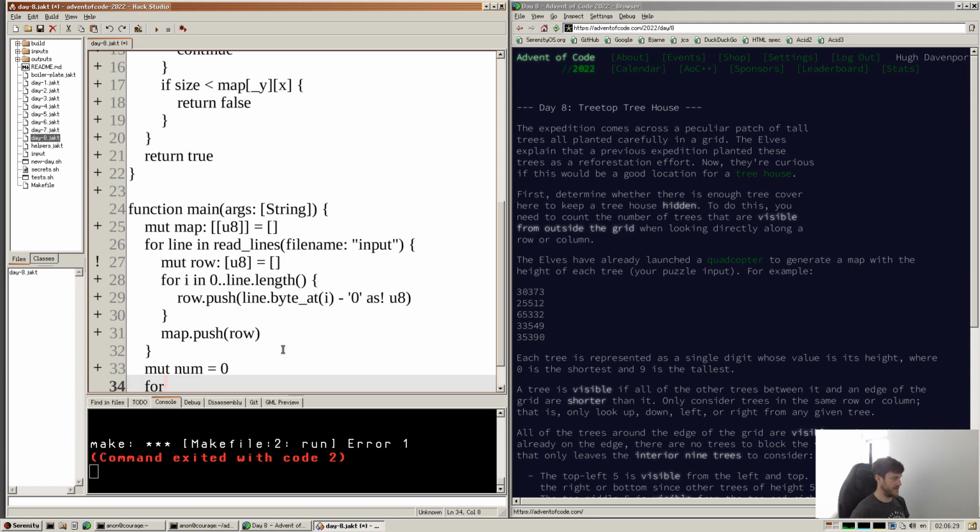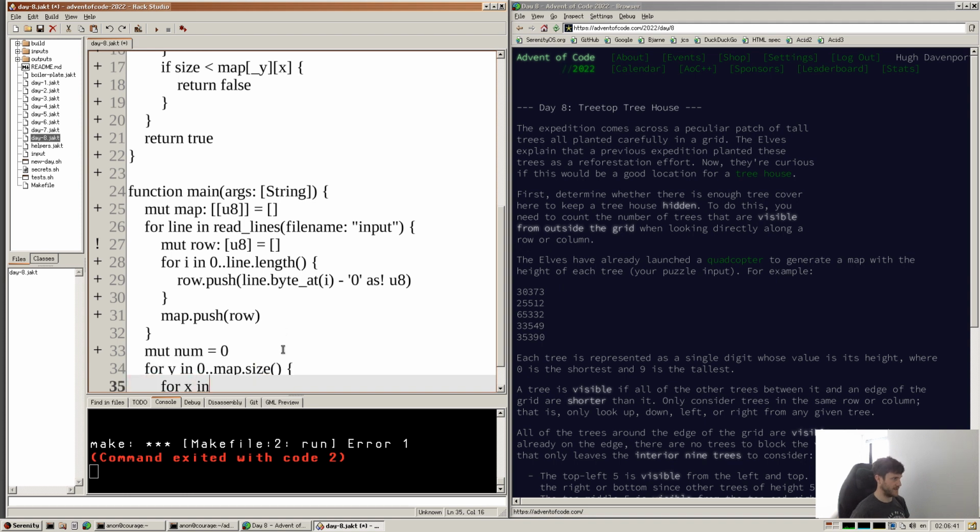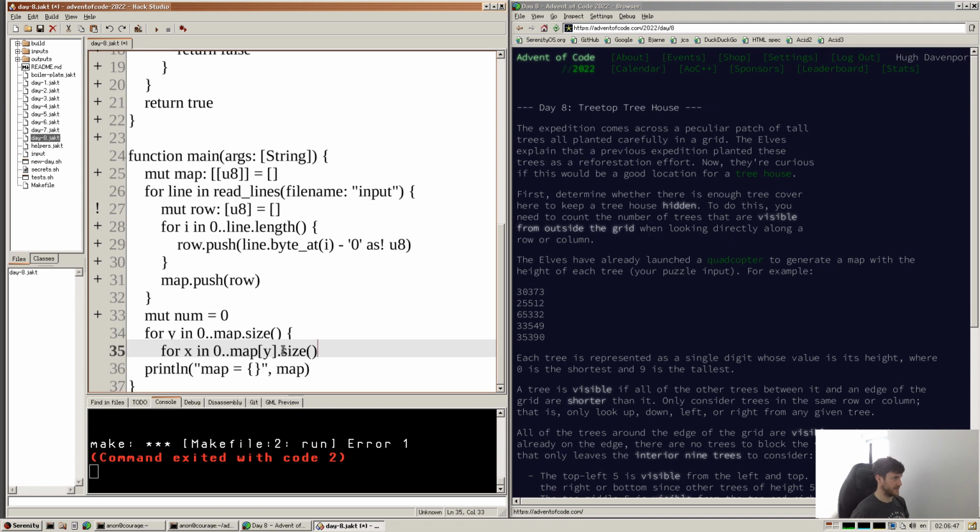Here we want to loop over x and y, so we'll do y first, 0 in map.size, and then for x in 0..map[y].size, scroll down a bit more, and then if is_visible of our map and our x and our y,